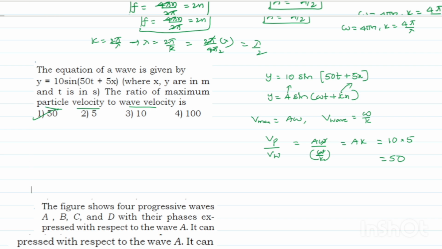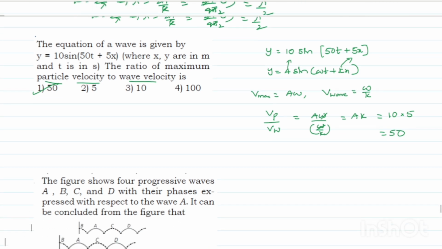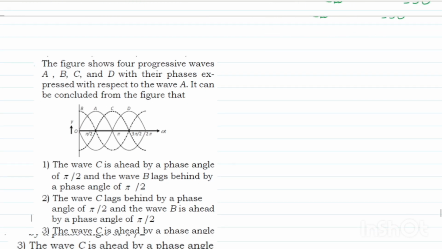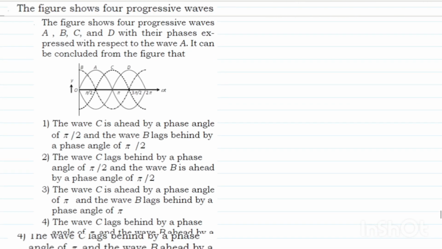Let us see the next question. The next question says the figure shows 4 progressive waves A, B, C and D, with their phases expressed with respect to the wave A. With respect to A we are going to represent them. It can be concluded from the figure that, so here the A wave,